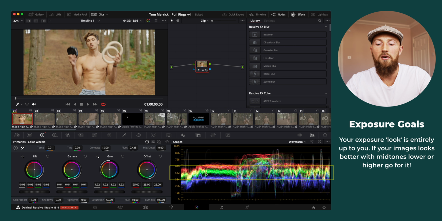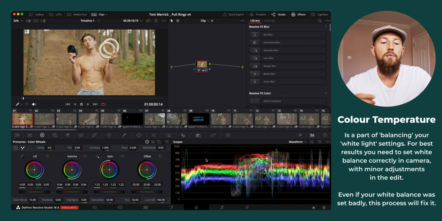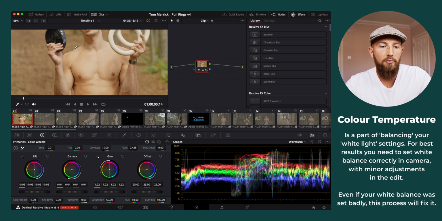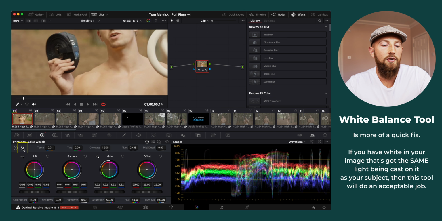So you can see we have our midtones quite clearly. This is all the foliage behind him at around this point. Next, we need to get our temperature correctly set. I filmed this very close to what it should be, but this is something that you just have to get used to seeing. Usually there'll be some white in your image. For example, there is a little bit of white on this strap,